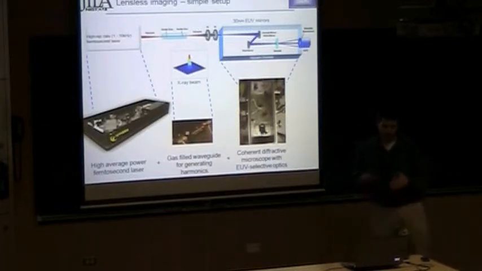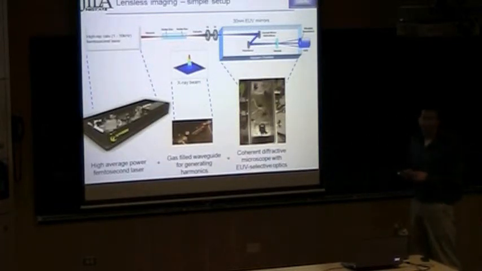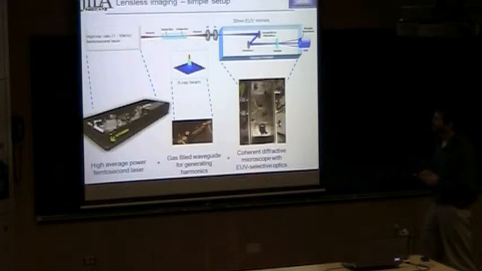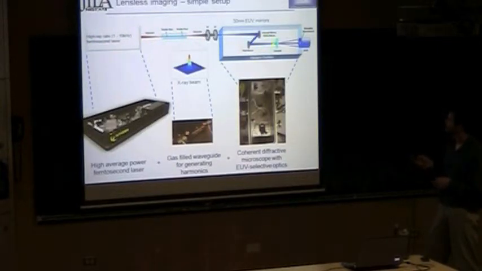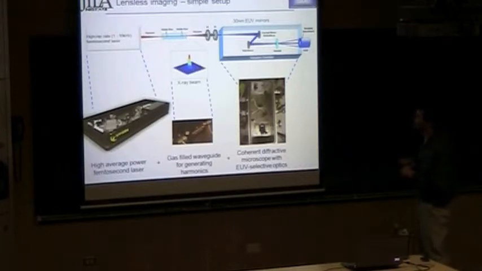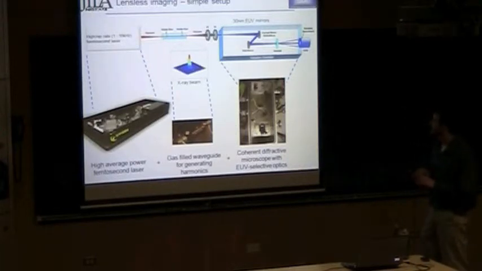So here's a picture of the simple setup that they use over in that lab. It's our femtosecond laser, focused into a gas, and then sent into the chamber where it's focused on the sample and measured on a CCD. So the nice things are it's a very convenient, simple setup, and it's also very small. This all fits on one optical table.